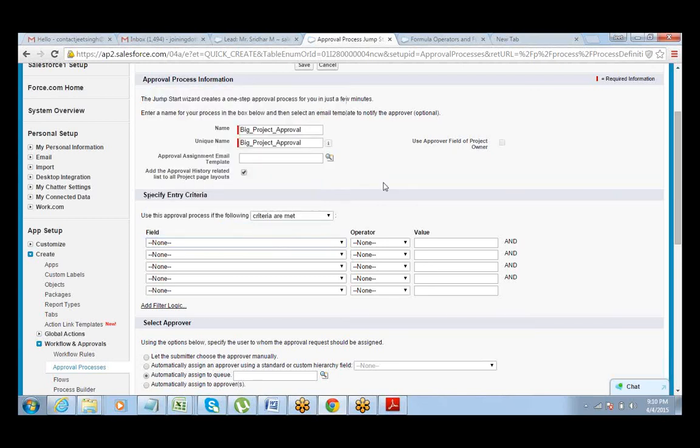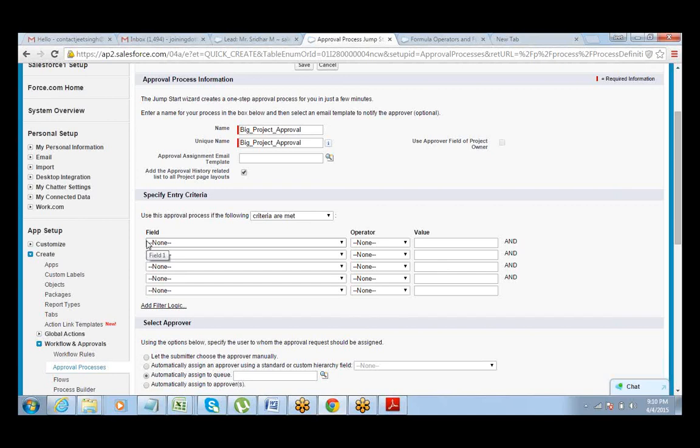Now I would define the entry criteria for the approval process. Entry criteria is not a must. What is entry criteria? Which records need approval? Sometimes you can have a situation where all the records need approval. But in this case, there is a condition.